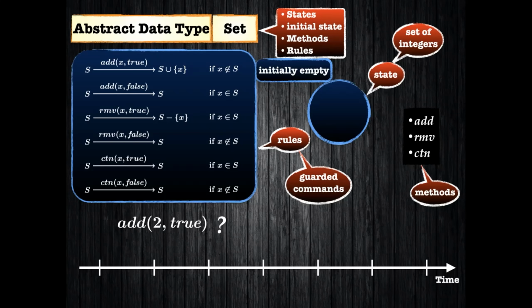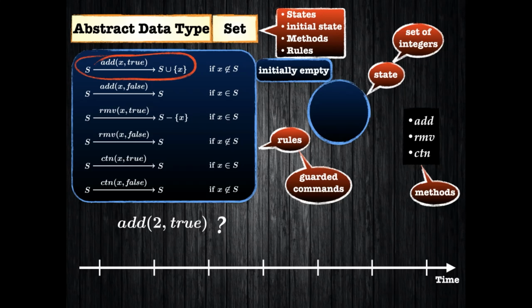What I do is that, implicitly, I'm applying a rule. I have the state, which is the empty set, and I see, can I apply this rule? In this case, this is the rule add true. And if the guard is satisfied, then I can certainly apply the rule